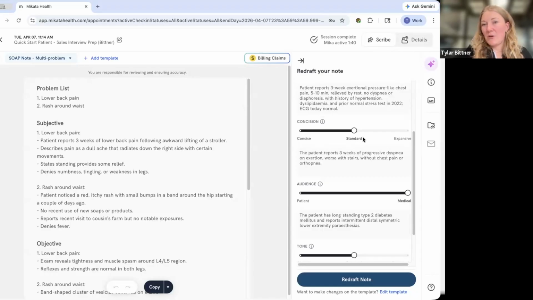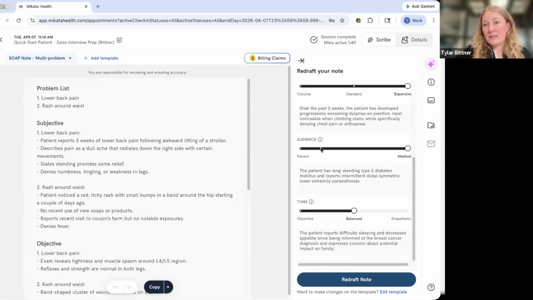Going into the standard output, there is no abbreviation in sight, no shorthand, everything is written out in full words. And lastly, that expansive threshold gives even more detail. So full proper sentences with extra descriptive words included.